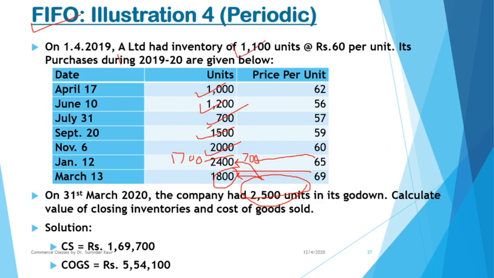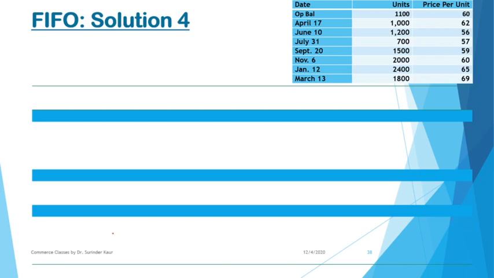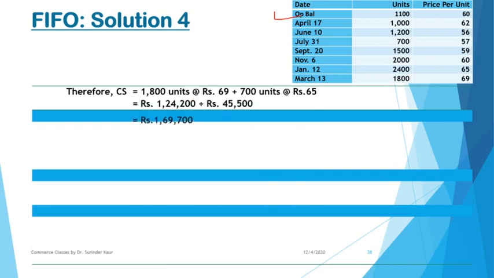Okay, we forgot this. This is also sold, right? So your opening stock plus all purchases. These are all purchases. Then minus closing stock that you will be measuring here, right? So you can apply that formula. Now let us see the working of this system. So this is our question here, right? This is our question. We have recorded opening stock also because opening stock is a part of your total inventories. So your closing stock is 1800 units at 69 plus 700 units at 65, as I explained you. So this is your closing stock.